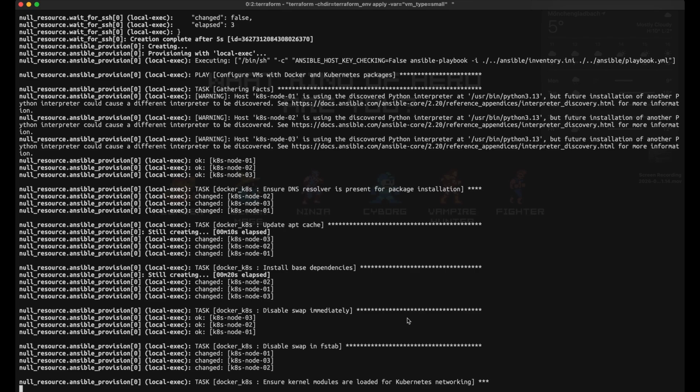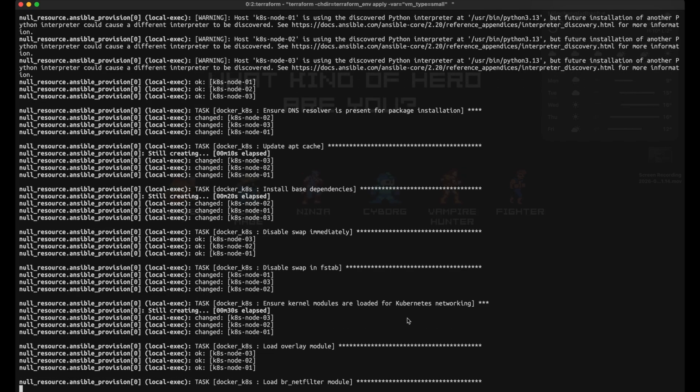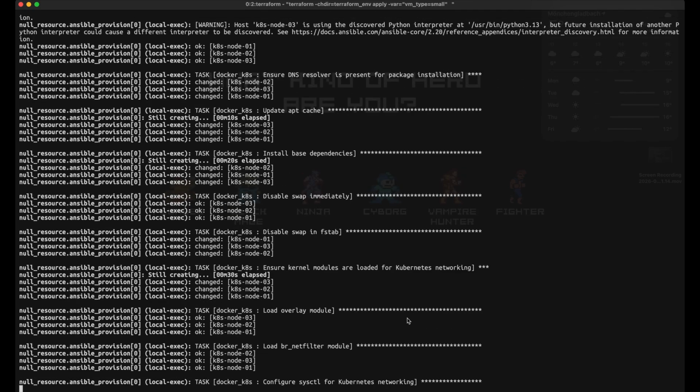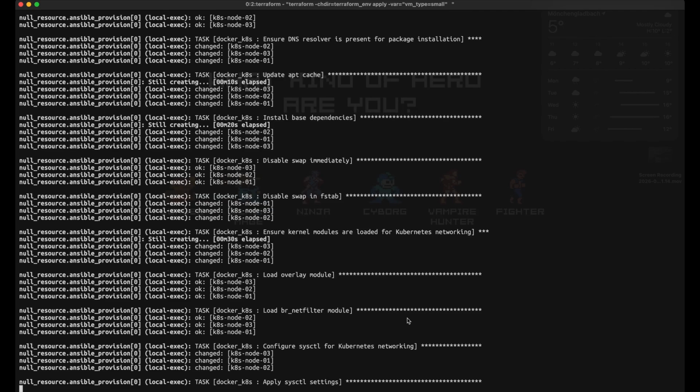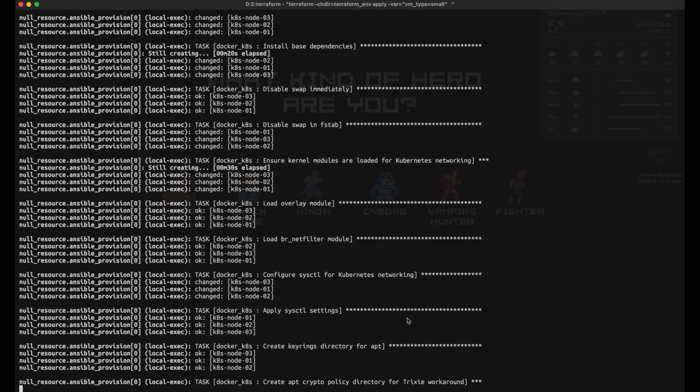The role then ensures that the overlay and br_netfilter kernel modules are loaded. These are important for container networking and for proper packet handling on Kubernetes nodes. The next step applies the required sysctl settings. These enable IP forwarding and make sure bridged network traffic is visible to iptables, which is essential for Kubernetes